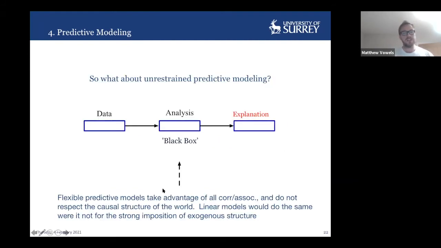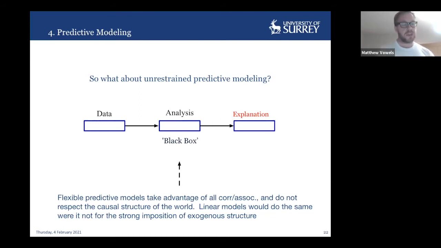So what is a predictive technique? To build it into the process here: data analysis and explanation, not interpretation. And this time the analysis is some kind of black box. It doesn't have to be a black box. Random forests, for instance, often get called black boxes, but actually random forests are highly interpretable because of their structure and their decision trees. But most of the time we just call them black boxes anyway, because they're still difficult to interpret compared with, say, multivariate linear regression, which is, I guess, misleadingly trivial to interpret.